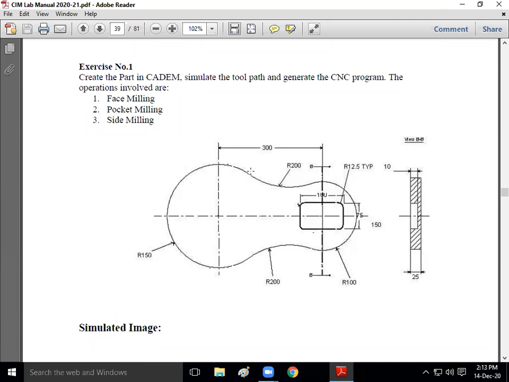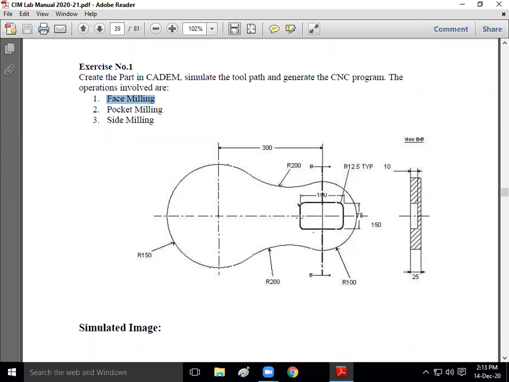So this is the profile. This profile we need to generate from the rectangular plate. The initial thickness of the plate is 25 mm, but here he has told us to carry out the face milling. So I am going to remove the material from the surface of this plate by 5 mm. So initially I am going to give the thickness as 30 mm. When I do the face milling, it is going to remove 5 mm of material throughout the surface of the workpiece, so that the final thickness will be 25. So that is face milling.